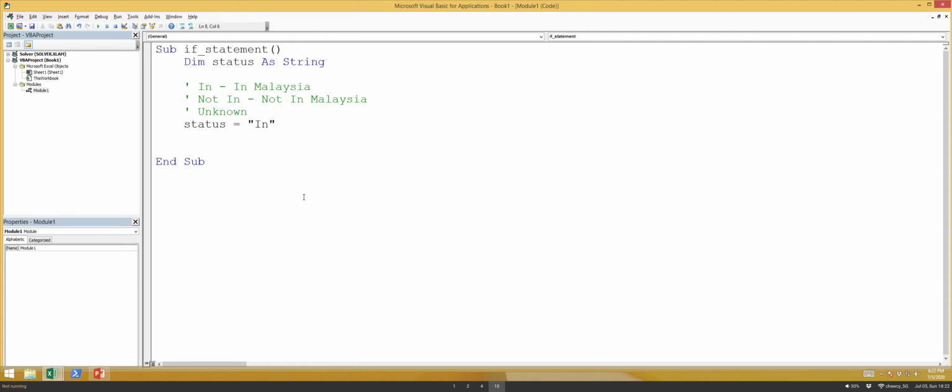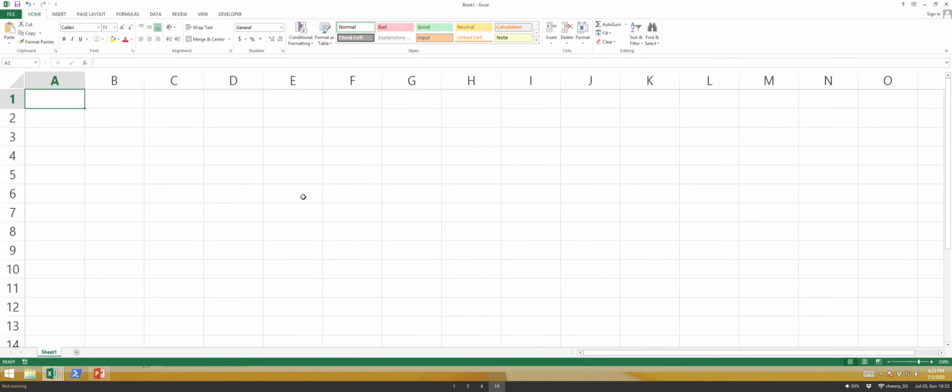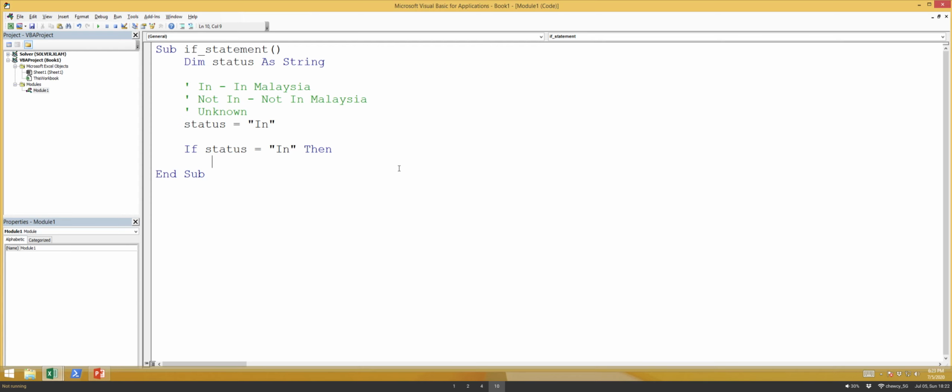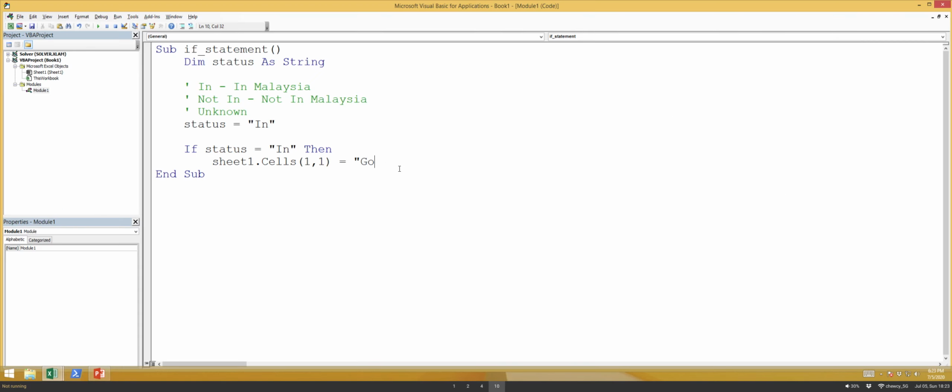Okay, so for this if statement, let's say if status equal to in, right? So then what happens? What we want to do is output a result here, right? So say what to do. Sheet1. So if you still can recall, we can use the ID sheet1.cells, and then row 1 column 1, right? So you can do something like this, equal to what is the status? Okay, so we go to his house,